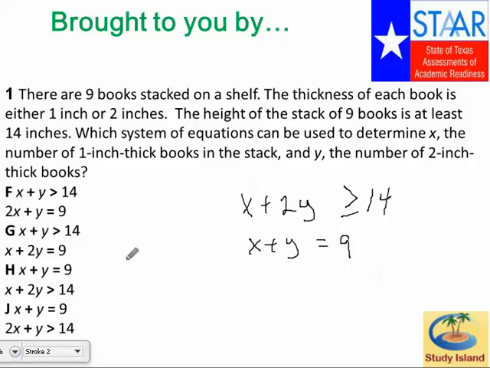So looking at these, that one's not going to work. We don't want X plus Y of 14. We don't want that one. That one has the right numbers in it, and so does this one, but it's X plus 2Y greater than or equal to 14. That'd be the one I would pick right there. Okay, I said greater than or equal to, oops, didn't circle. I said greater than or equal to because it said is at least, but it could just be greater than. Okay,